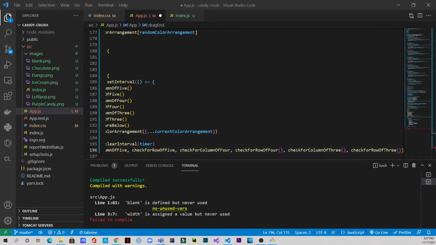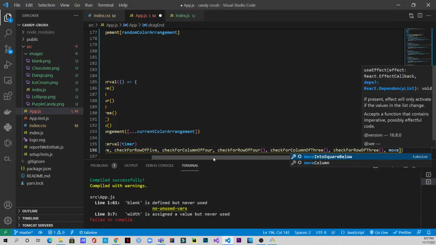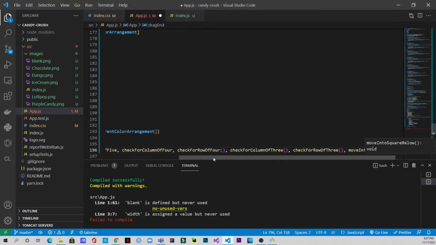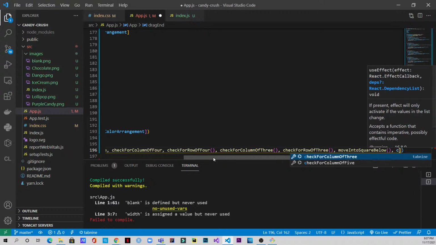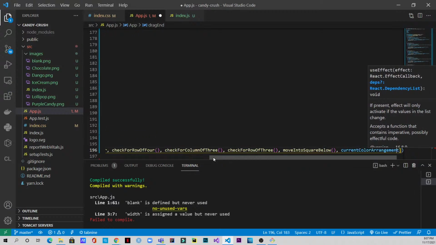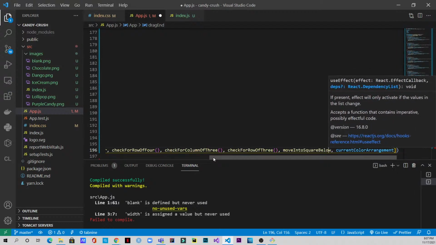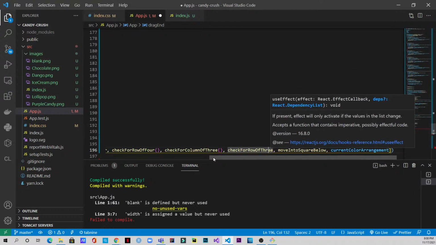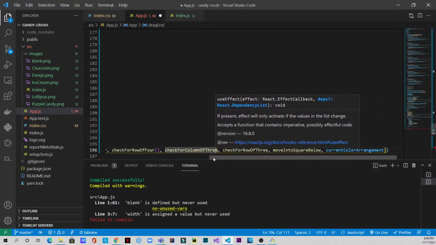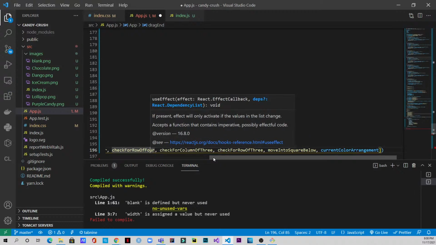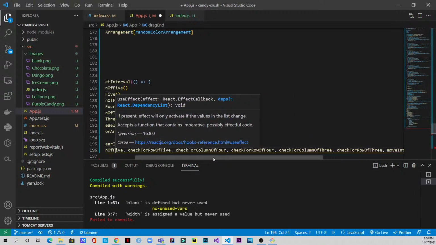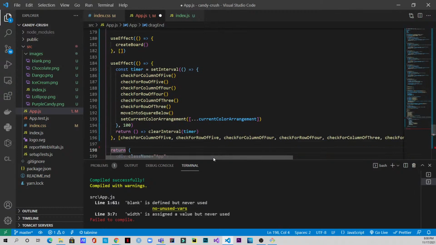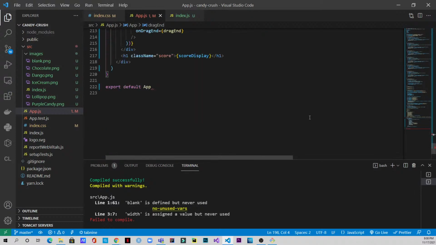Okay, so alongside that we want to have two more dependencies. That is, move into square below, and also the current color arrangement. And we don't need these brackets to display the functions in the dependency array. So I guess this looks fine. Okay, so if we save this, we're still getting an error here,